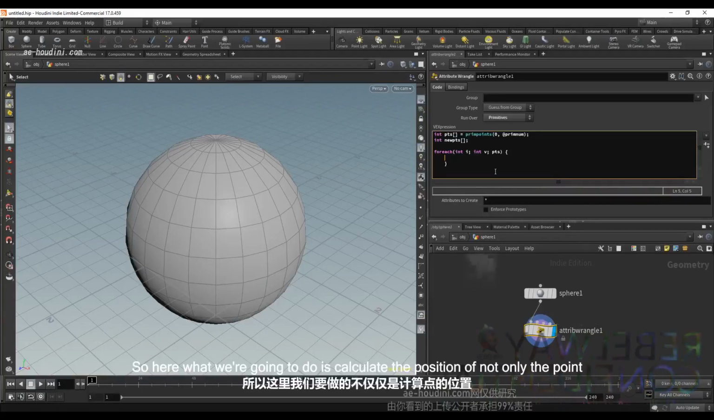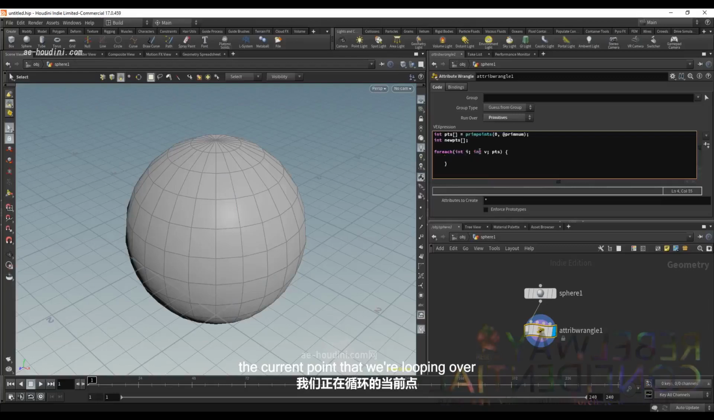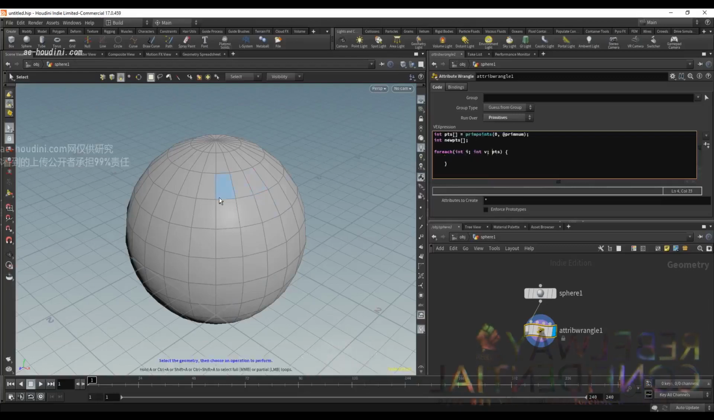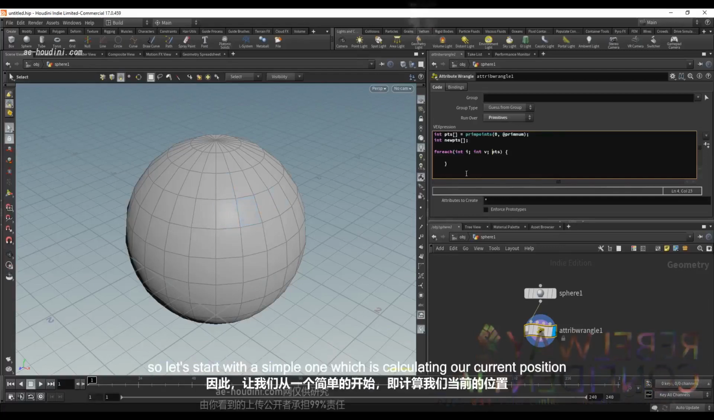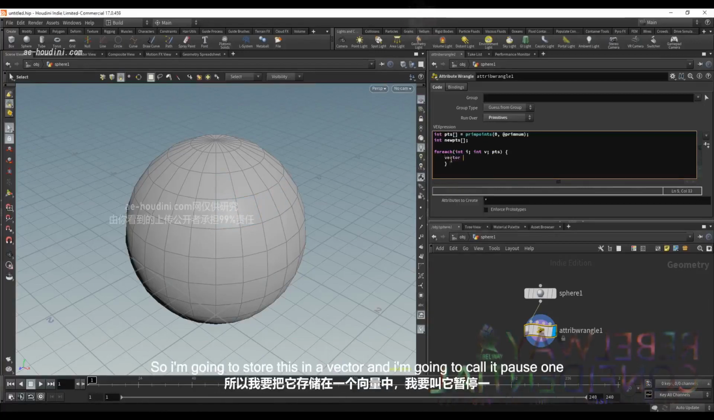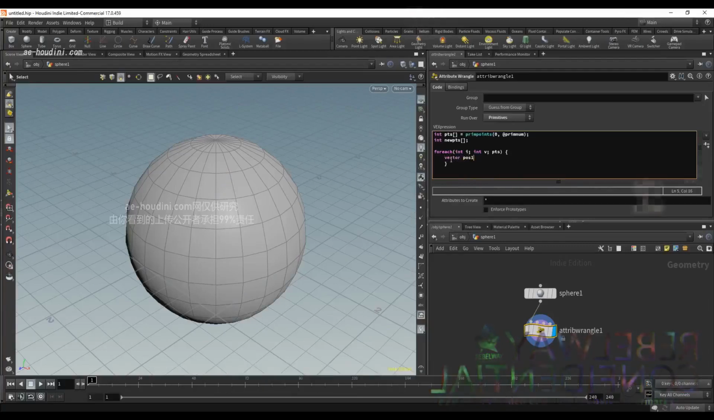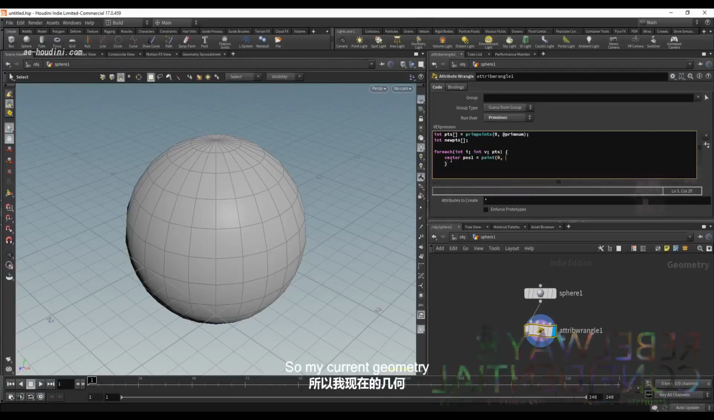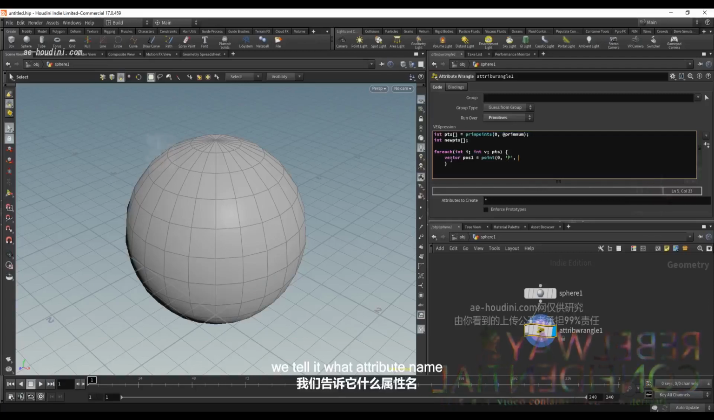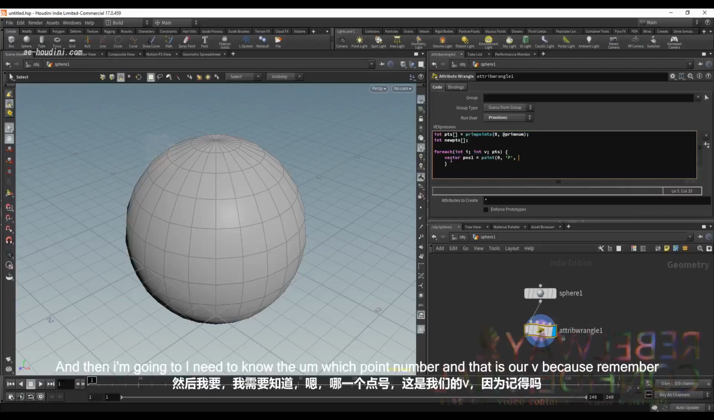Here what we're going to do is calculate the position of not only the current point that we're looping over, but we also want to calculate the position of the next point. So let's start with a simple one, which is calculating our current position. This is very easy, so I'm going to store this in a vector, and I'm going to call it pos1, and we're going to run just the point function to grab a point attribute. 0, so my current geometry. We tell it what attribute name, so P,